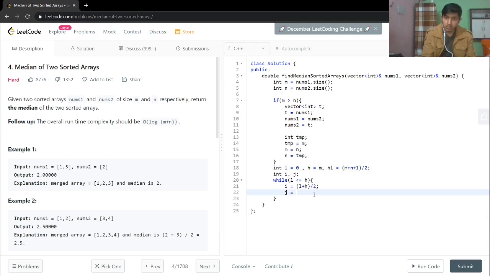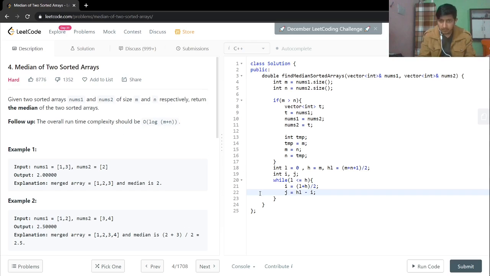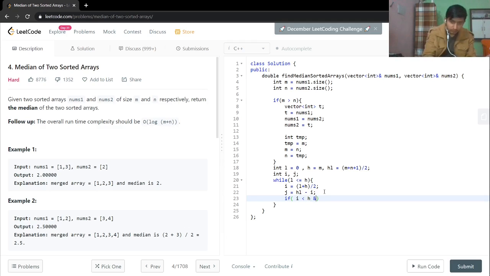Now hl minus i will get me the place for this j. j is here, and j minus 1 will be here, so I'll get these two. Now I will check if this is the right place for my wall. So if i is less than the highest of its value, this means I can move ahead,